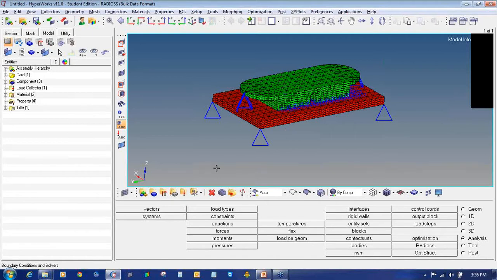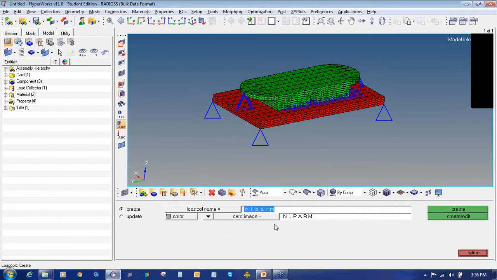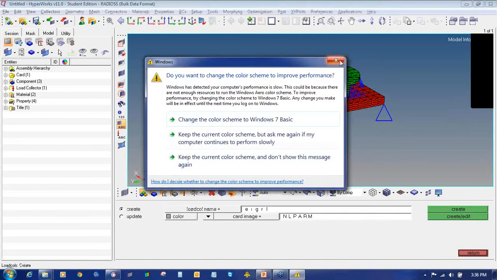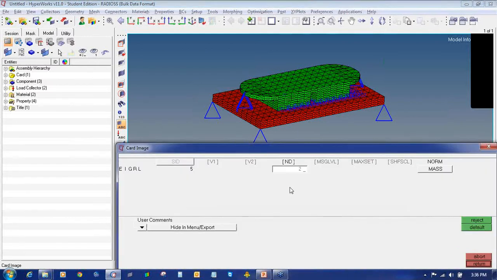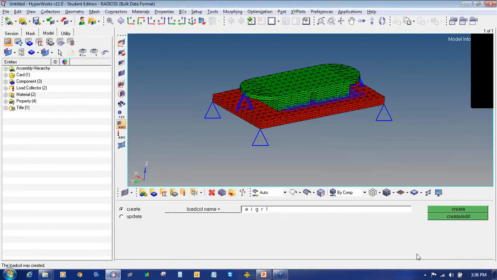To create these two cards or two load collectors, we will go to the load collector icon. Enter the load collector name as EIGRL. Select the card image as EIGRL and click on Create/Edit. Enter the number of modes, that is ND, as 20 and then click on Return.